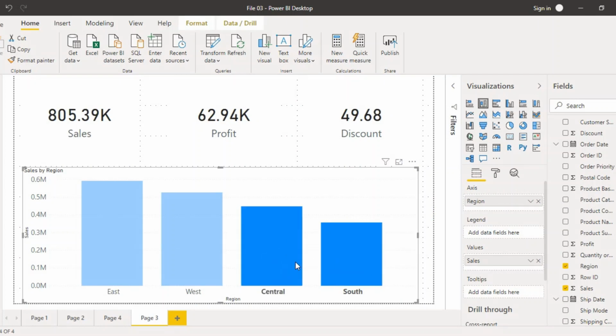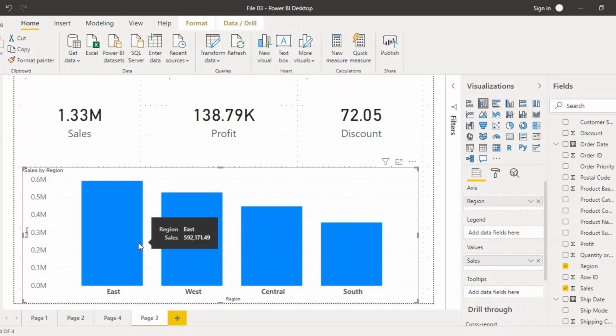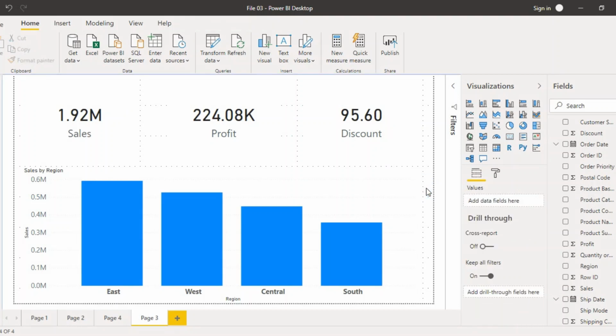You can just control click on more than one option. Like right now I control clicked on central region, so the data that is shown over here is of both the central region and the south region. Similarly, you can select 3 regions or even 4 regions as well. So that is how the cards are created, that's how the cards are linked with the visual, and that is how you can create a very simple dashboard for yourself to represent all the information that is being shown instead of having to write tables and all.